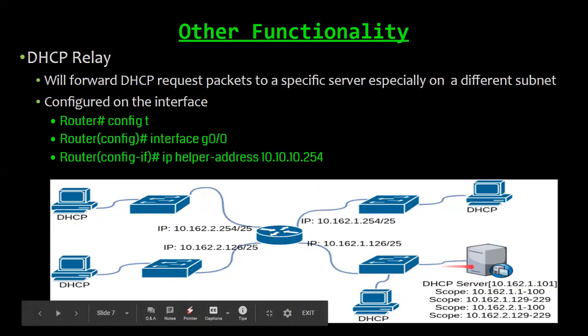So a simple broadcast will hit this DHCP server and it can do its job. It doesn't need a relay, right? If I do put a relay on there, ironically, I know someone's going to ask that question, what if you do? Well, if you do,